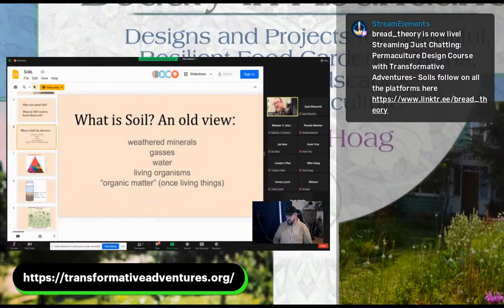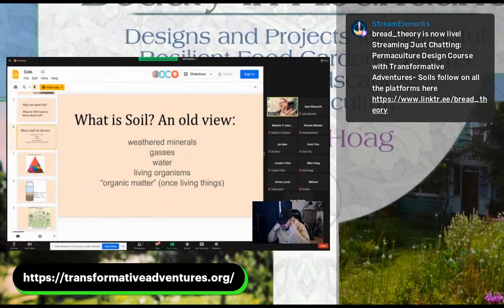And one perspective is kind of an old view. As I was saying, these days soil scientists are saying that we're practically in kindergarten when it comes to understanding soil. So I'm going to give you this old view, the kindergarten view, or maybe the preschool view since we're in kindergarten now. And then I'm going to give you a more modern perspective on what is soil as well.